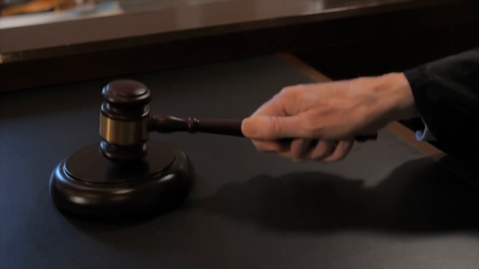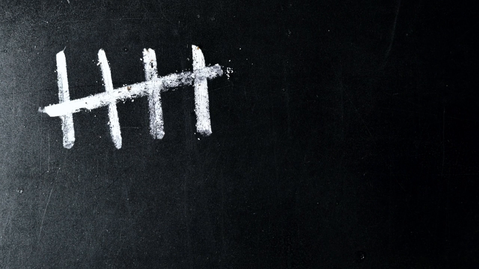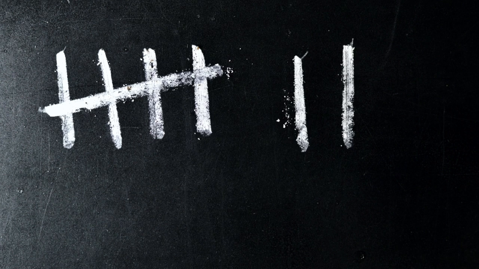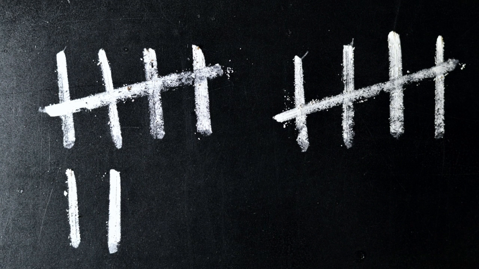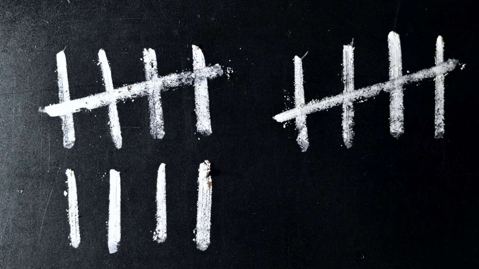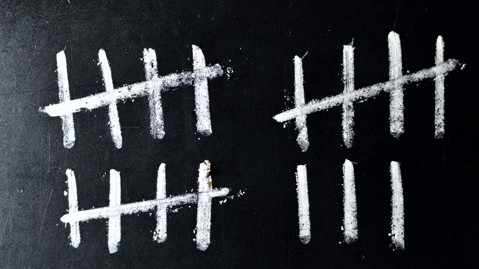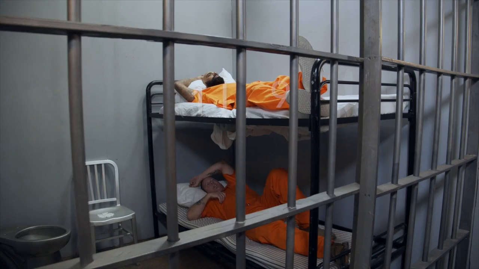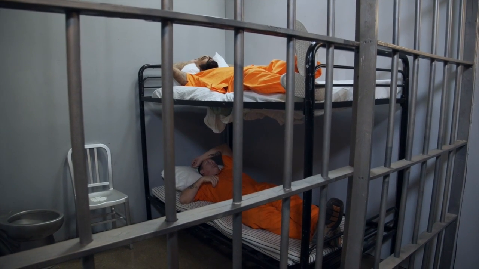Additionally, harsh sentencing laws like mandatory minimums combined with cutbacks in parole release keep people in prison for longer periods of time. The National Research Council reported that half of the 222% growth in the state prison population between 1980 and 2010 was due to an increase of time served in prison for all offenses. There has also been a historic rise in the use of life sentences. 1 in 9 people in prison is now serving a life sentence, nearly a third of whom are sentenced to